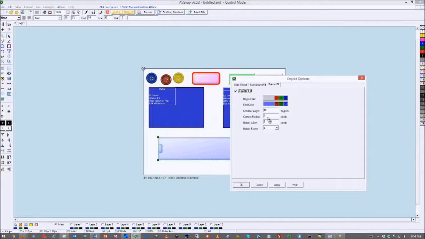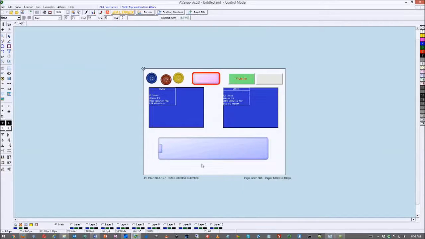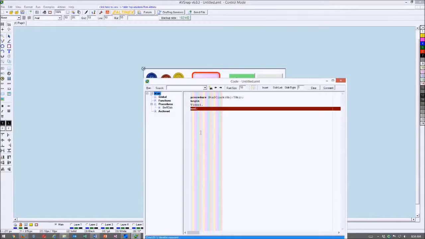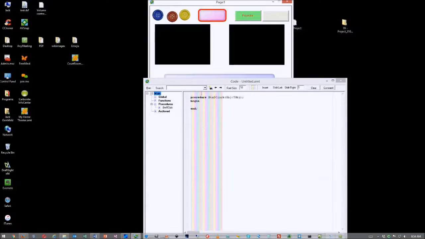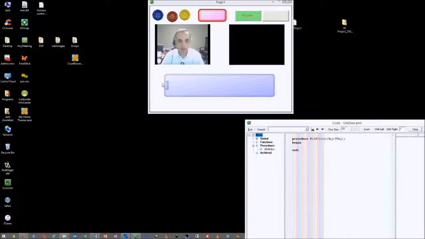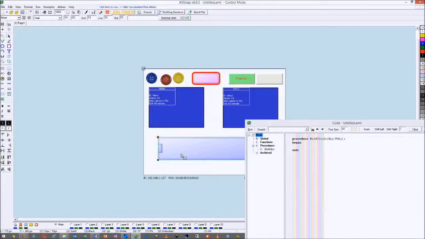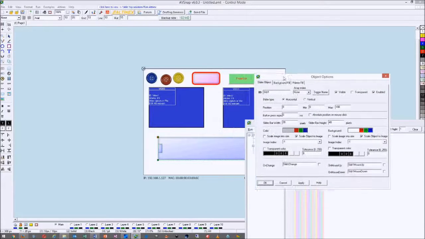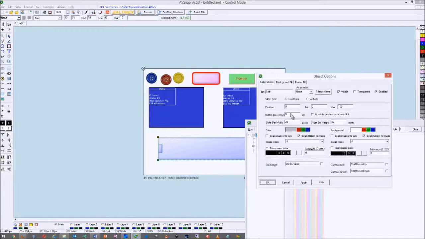Okay, I'm going to decrease corner radius for the adjustment. And there is your little control. You can just press F9. Oh, we're going to remove that. Press F9, and you can see you can move it left and right. Okay. If you escape out of this and click B for the properties, you can see that you can slide